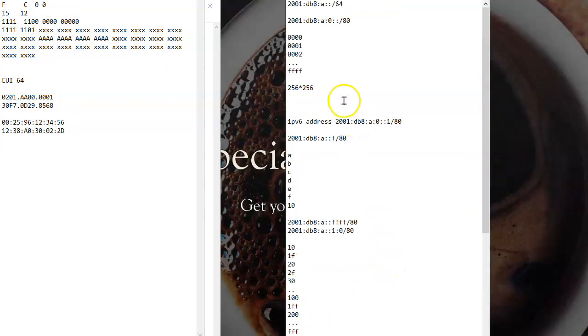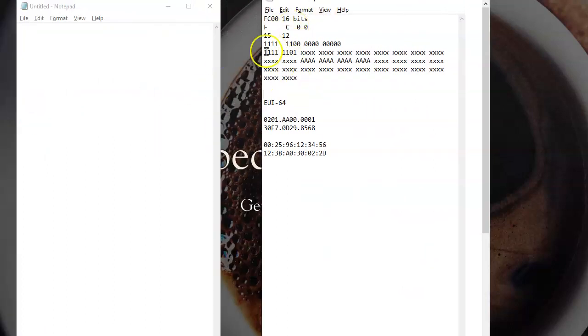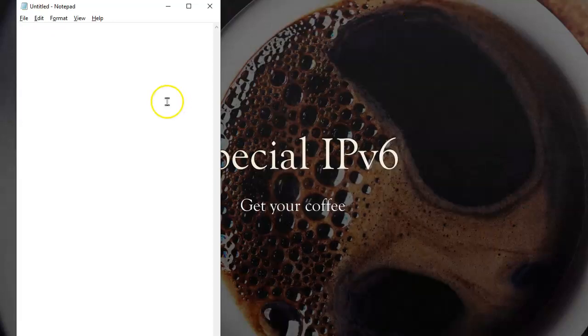Just remember that our IPv4 address is 32 bits, and each octet has 8 bits. Our IPv6 address is composed of hextets instead of octets.